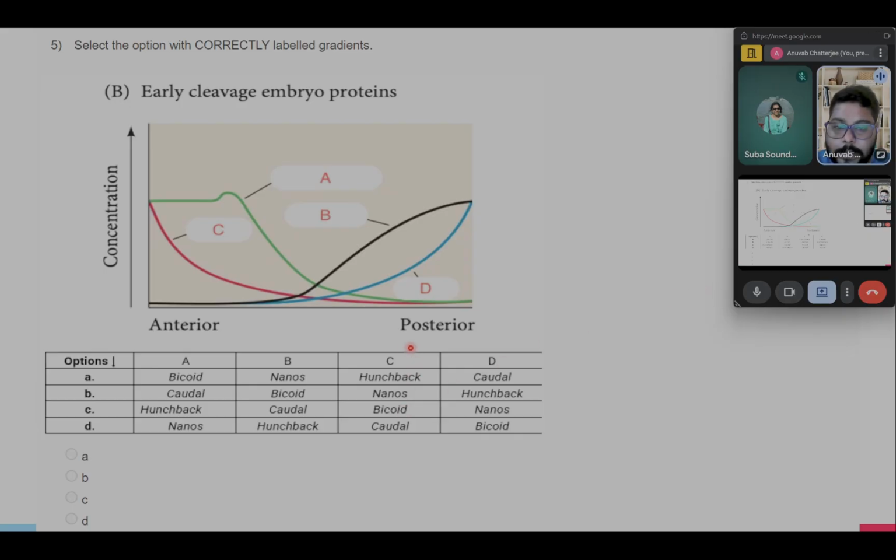Okay, so Suba is saying it is C. So A is hunchback, yes. B is